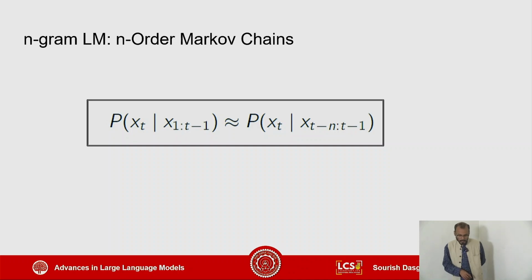So a standard, classical way of representing this conditional probability estimation, density estimation, is to approximate this as an n-order Markov chain, which we know in NLP with the more popular n-gram language modeling, right? And the approximation is this, that you don't have to go till the very beginning of the sequence. You can just go backwards n steps, and that is good enough to carry the entire sequence's information content.